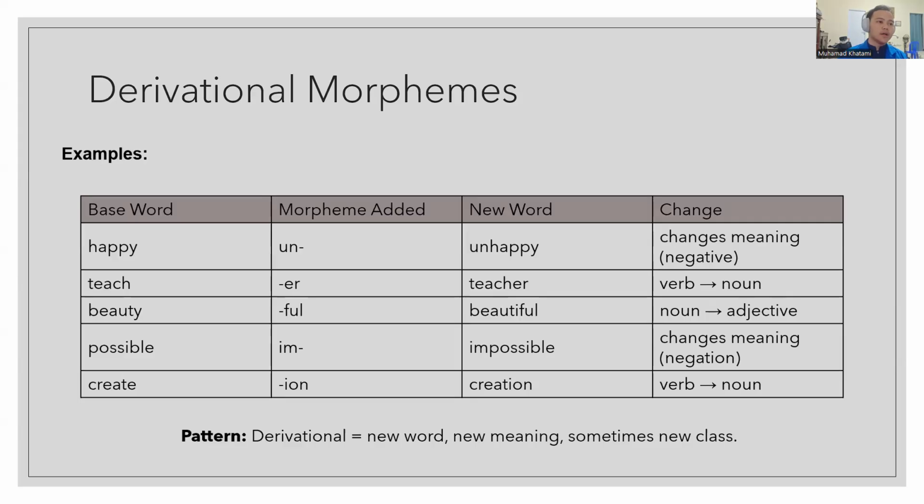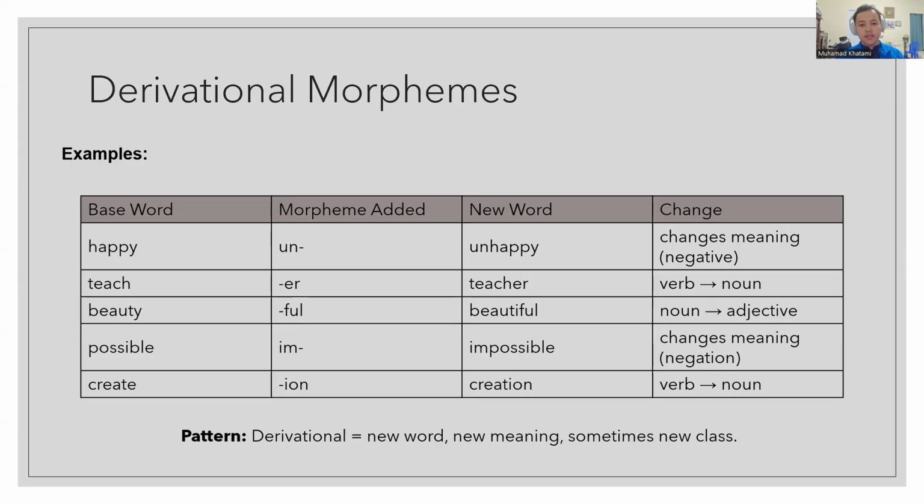So, an example for derivational morphemes. First one is with the root word or the base word of happy. With the added morpheme of un, the new word becomes unhappy, which changed the meaning into the negative form of happy. And then for the next one is teach with the added morpheme of er, which creates the new word teacher, which changes the root word teach